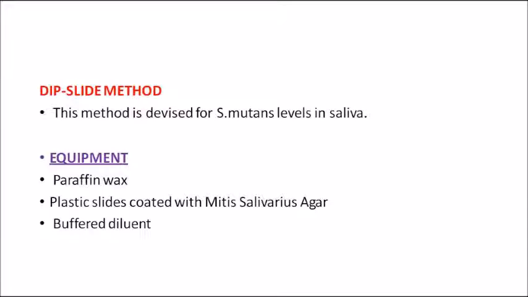It is called the dip slide method because this equipment consists of 1-2 agars attached to a flexible plastic blade. We are literally dipping it into the mouth, and that is why it is the dip slide method. It consists of two sides of agar, which look like slides. We are just dipping it into the mouth and we get saliva. The presence of these agar slides helps in full contact of the agar onto the desired area.